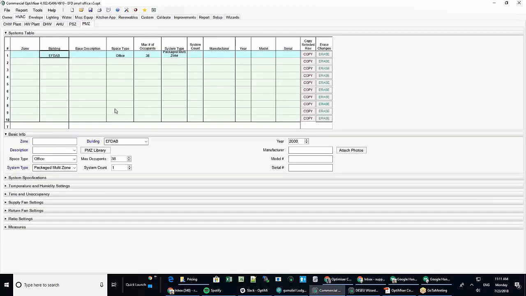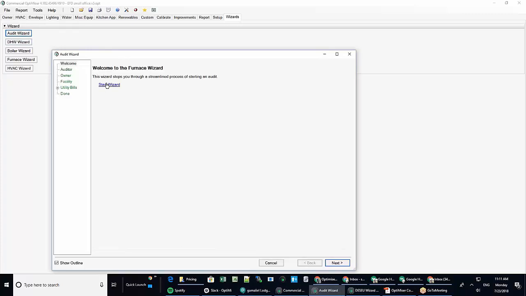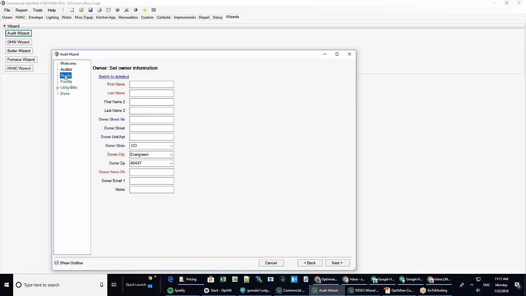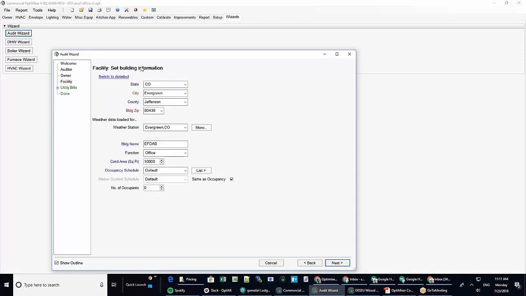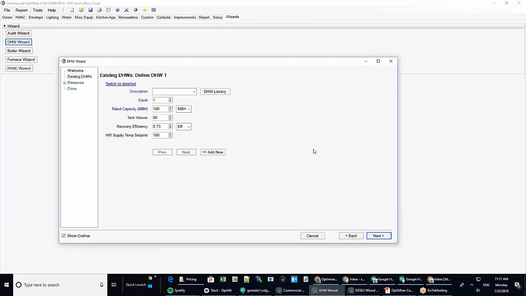And then you start getting into the modeling of describing existing equipment and improvements that you want to propose. So there are a couple ways to do that. For small business cases, you can specify just about the entire audit process using these wizards, and that's a really good way to go, because it sort of helps streamline the process and limits the control set so people don't get off track, and makes it easier to get a complete, well-modeled specification for the important ingredients to define the systems that you're seeing in a